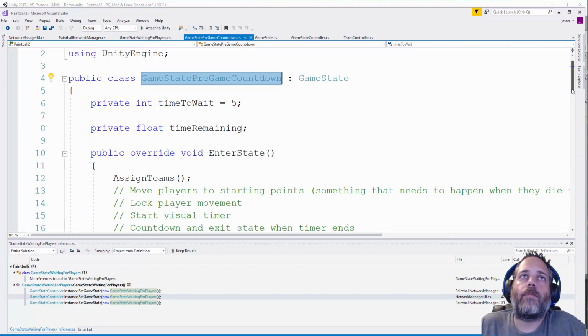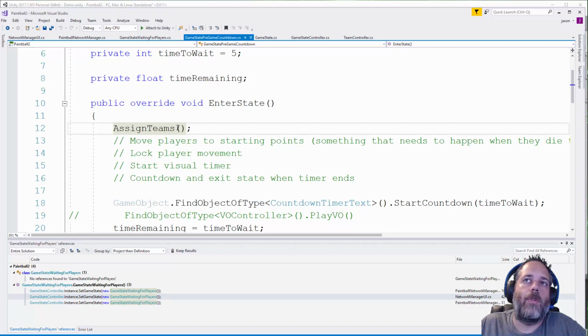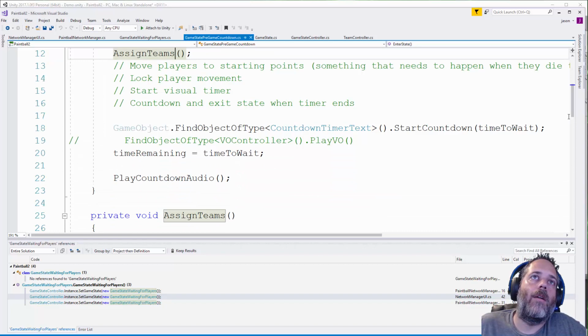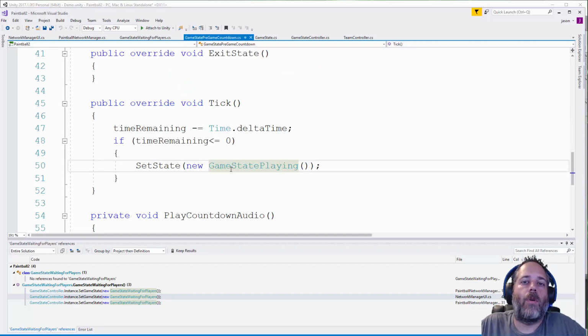The pre-game countdown state assigns the teams, so it finds each player, assigns them to the team that needs them. If you want to modify a team assignment, you can do that in here. And then it starts a countdown timer text object. So you'll see this in game. There's just a little countdown timer. And then the next thing it does is play the audio, and it sets this time remaining. And then once we're into the playing state, we just allow the players to shoot at each other and kill each other, and then they respawn. If you want to limit the amount of time that a round can go on for, you could modify that in this